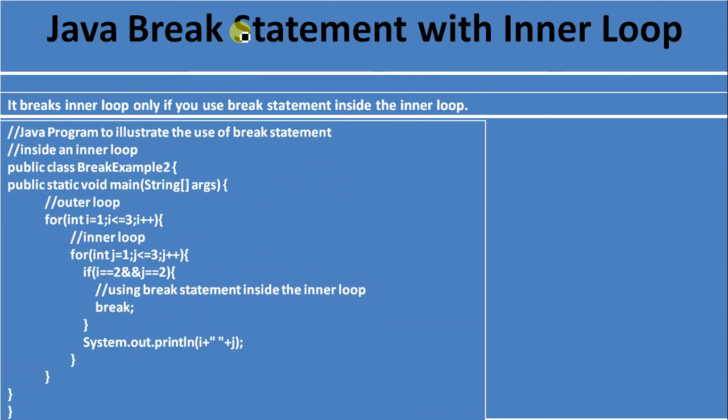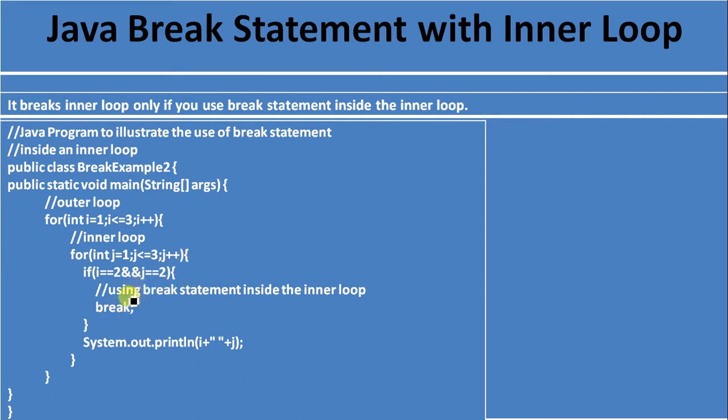Here is an example. Here we are creating a class BreakExample2, creating a public static void main method, and we are creating the outer for loop for int i equal to 1, i less than equal to 3, and i plus plus. Here we are creating the inner loop, int j equal to 1, j less than equal to 3, and j plus plus. Okay, now we are putting a condition, if value of i equal to 2 and j equal to 2, then break the inner loop,